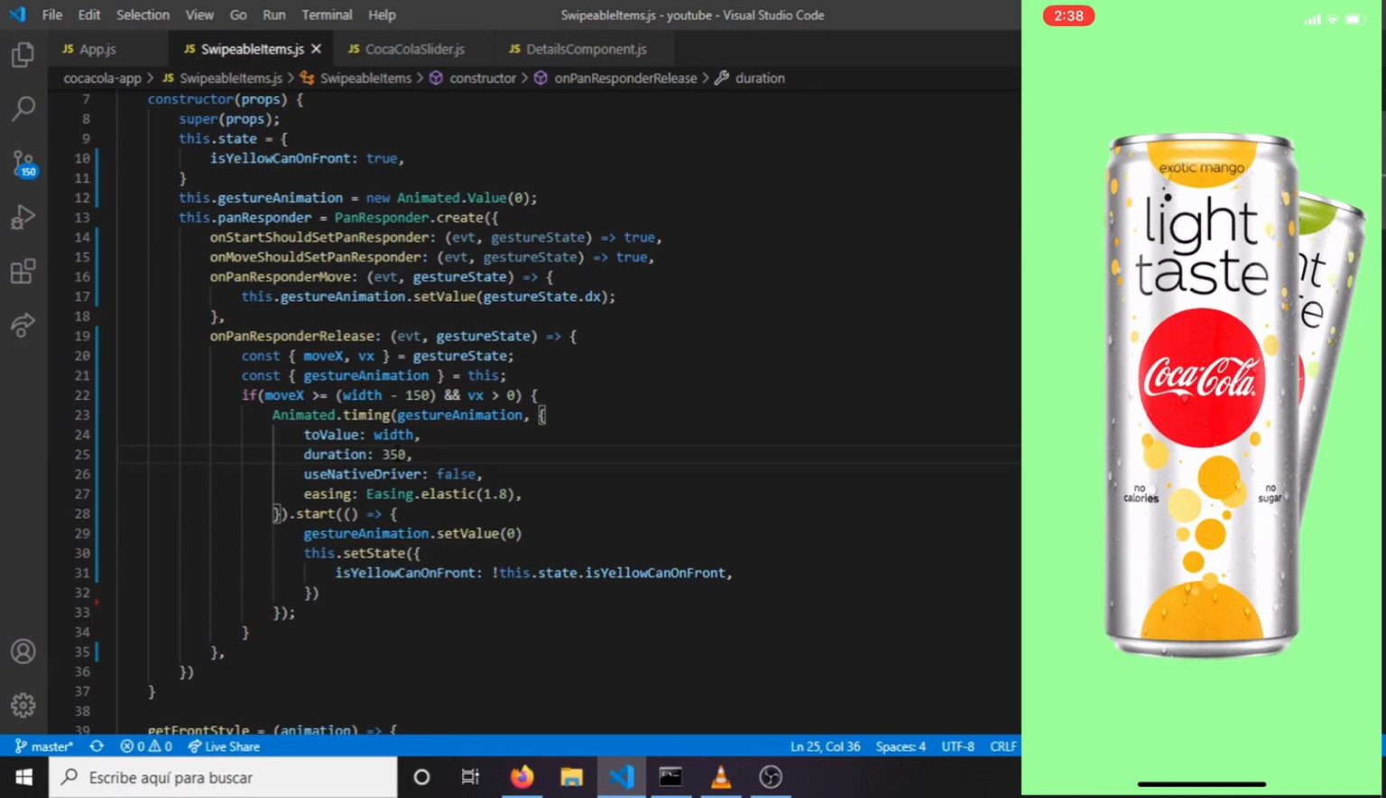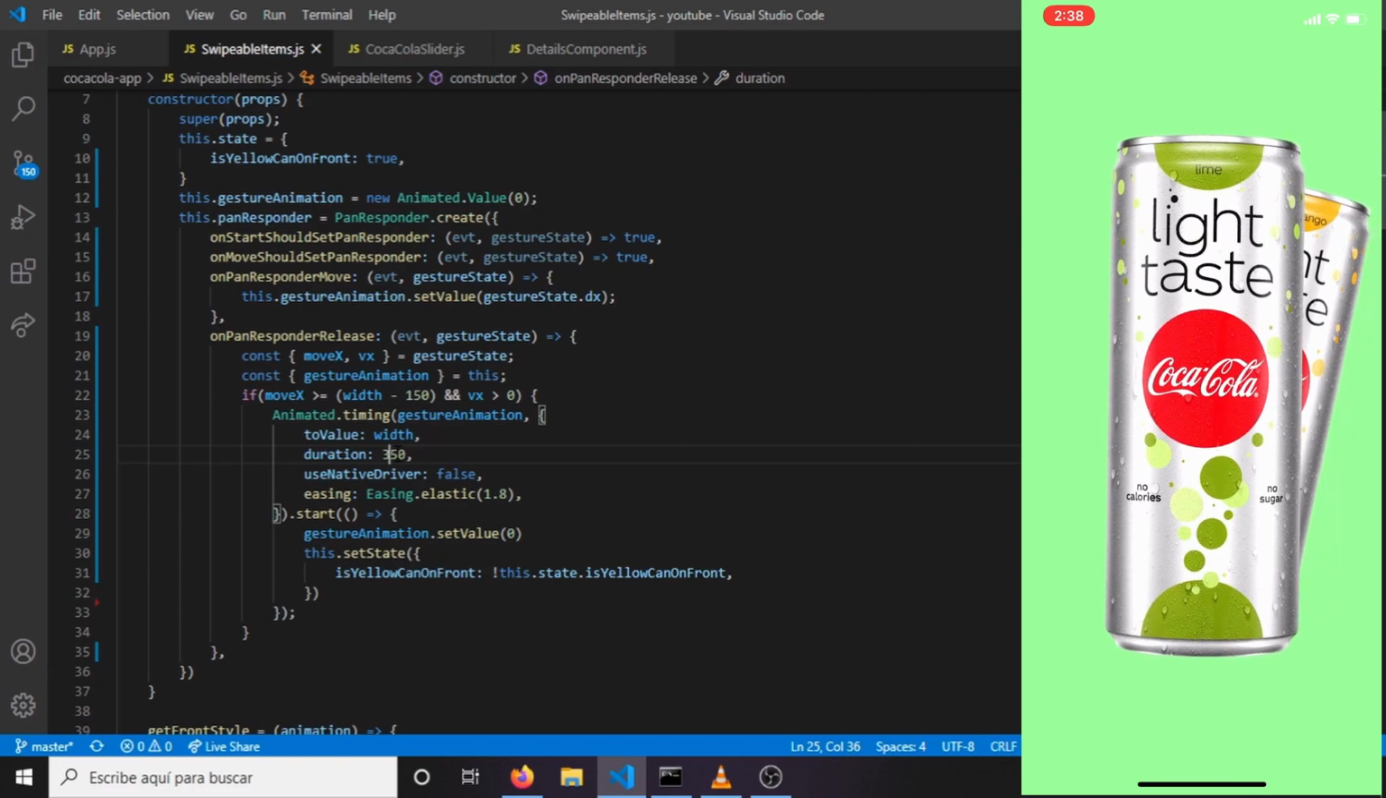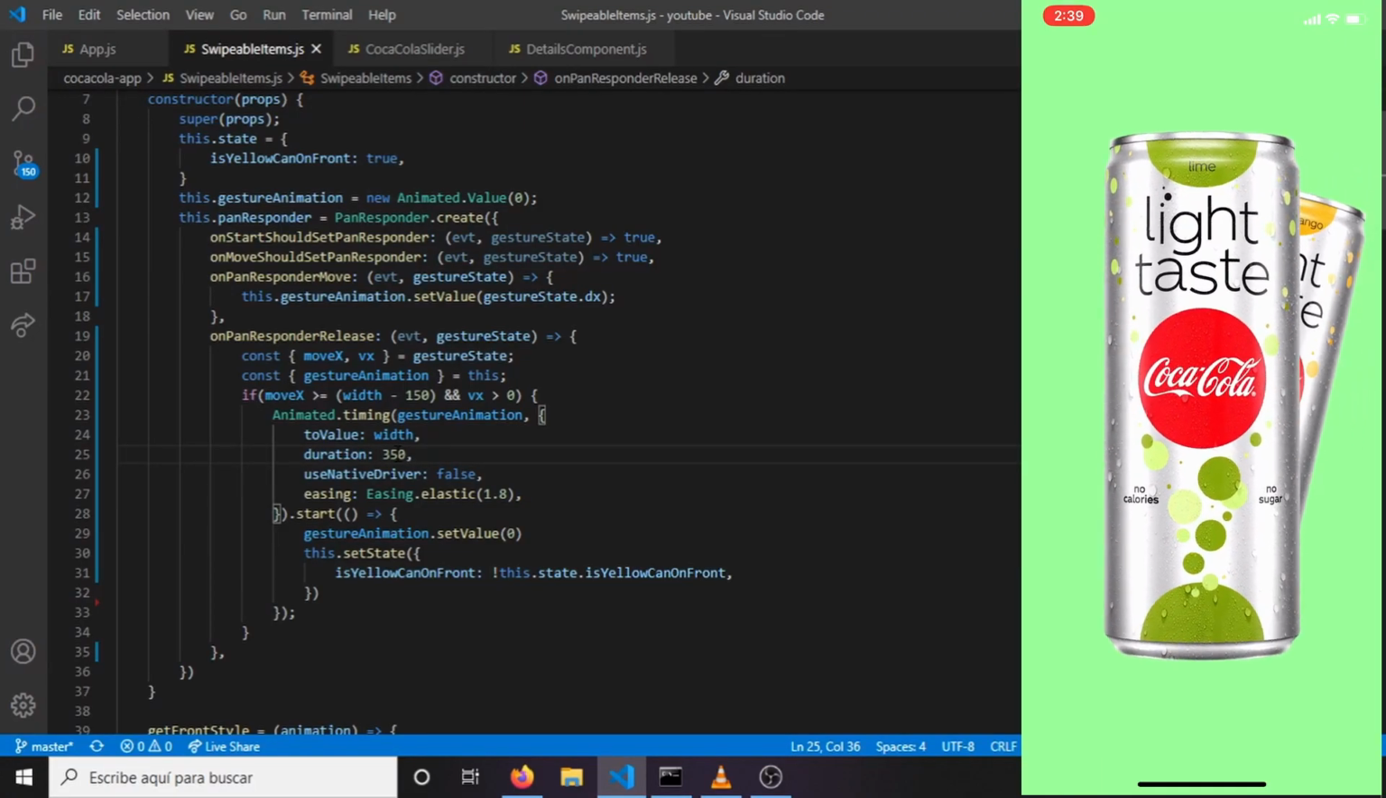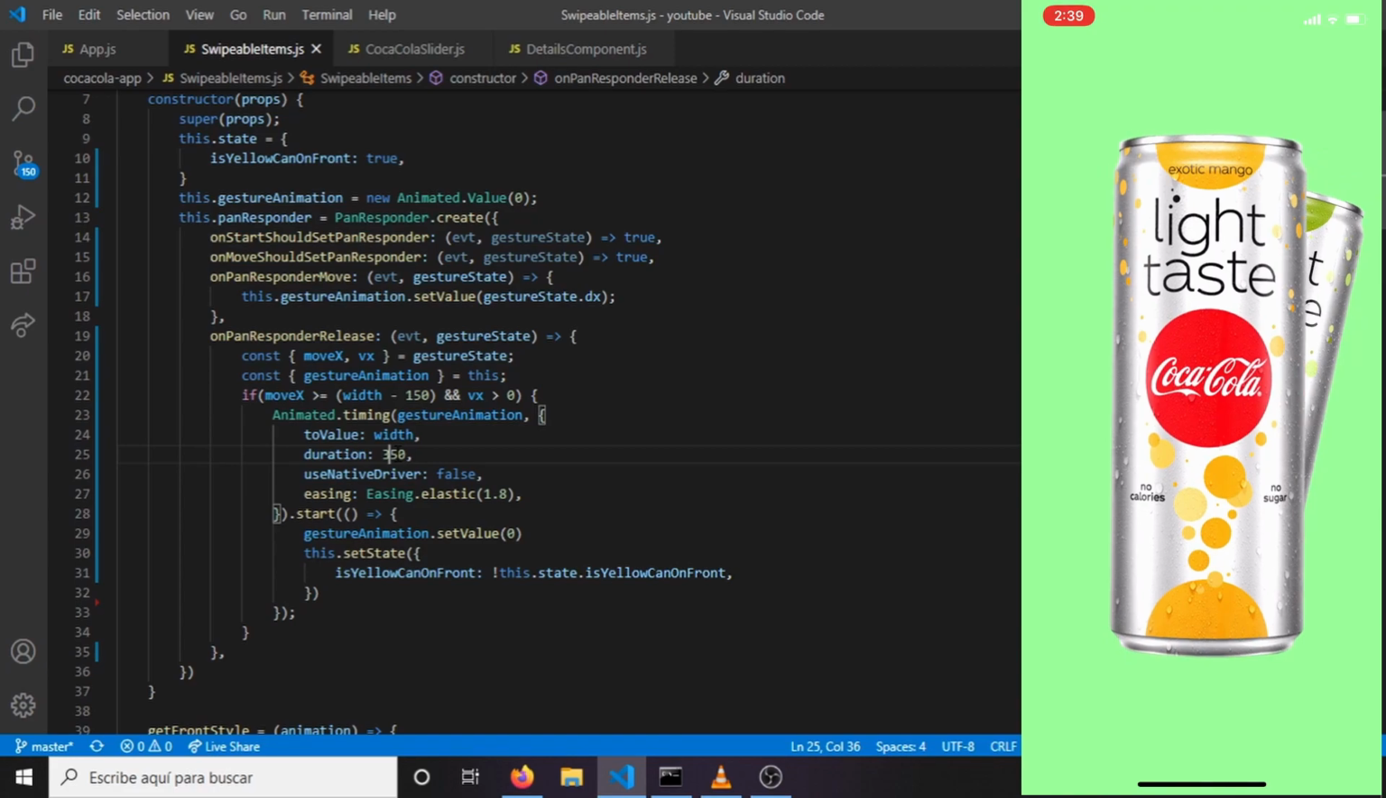Now, what is happening here? The yellow can right now has the front style, and when we're doing this, it gets changed to the back style, and the value gets set to 0. So that's why it's working. So that animation is done to the right now. We're going to work on the left. But first,